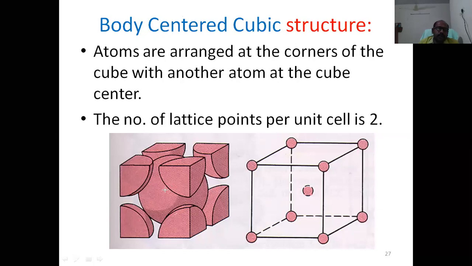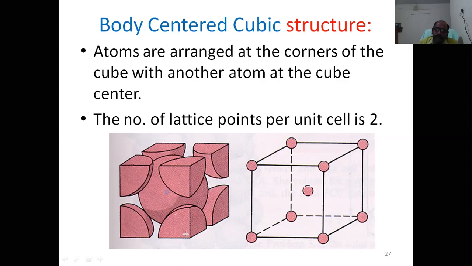So the center point of the body centered lattice point is this. Now the distance from this point to this lattice point is root 3a. Root 3 means 1.732. We consider it as 1.7. So it is half of the distance of the body diagonal. 1.7 divided by 2, so we get 0.85. So it is the nearest as compared to others.